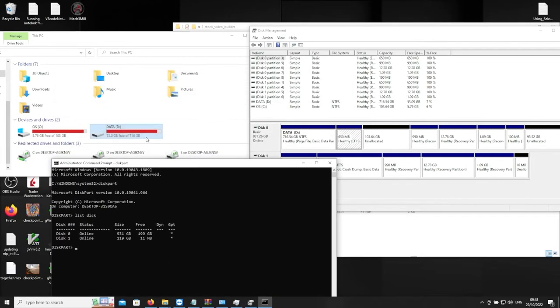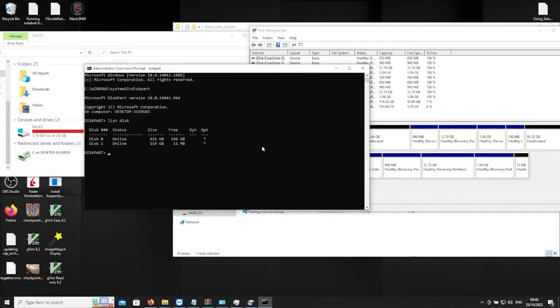Now the one we wanted to clear is disk 0, so from doing a little bit of detective work, you can see that disk management shows that you have disk 0, and whilst having my PC window up, you can kind of map out where that data is on disk 0, and then you can work out, okay, we need to clear disk 0. So yeah, we're going to say select disk 0,